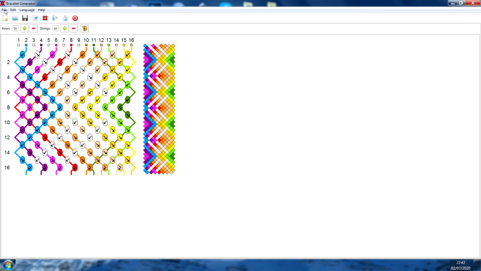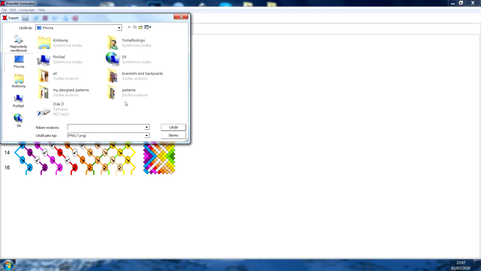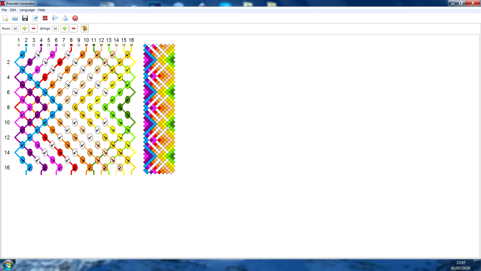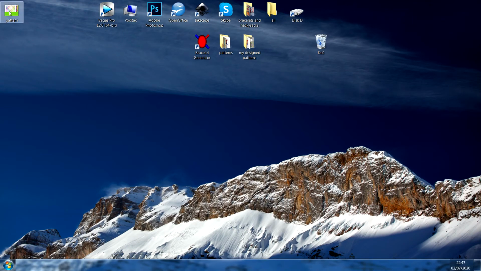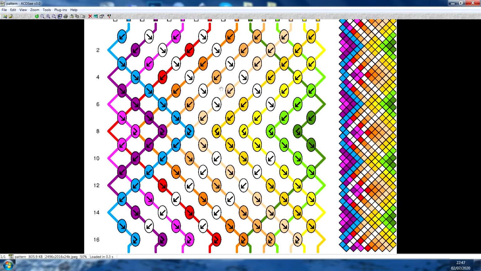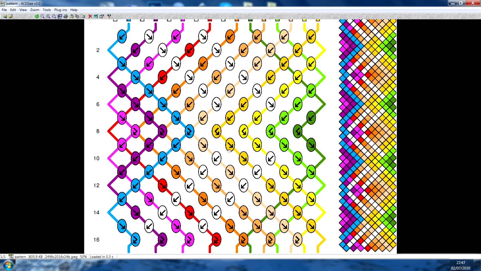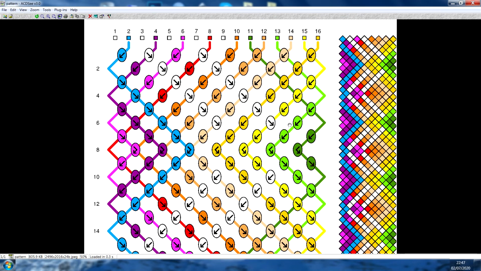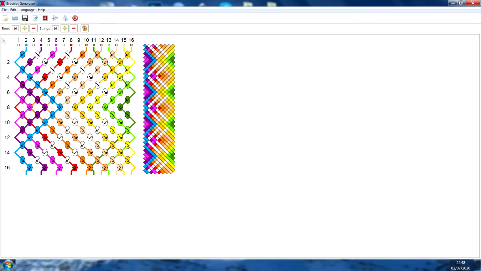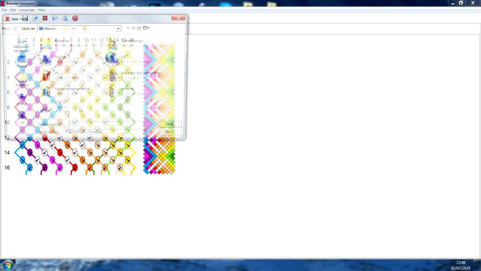Okay, so what I usually do, I click File. You can, let's say, export it as a picture. So you do Export as a picture. Here I would eventually set up like JPEG maybe, and pattern and save. Great, so the pattern is here. As you can see, this is how the pattern looks like. It could be a little problem because it's a white background and you have white strings, you can sometimes be struggling. So another thing, when you do a file and you do save as,